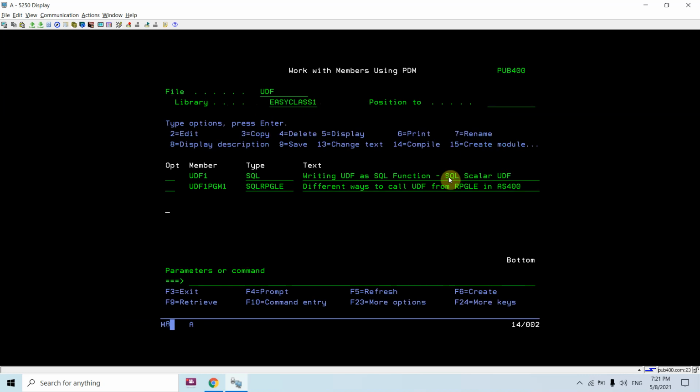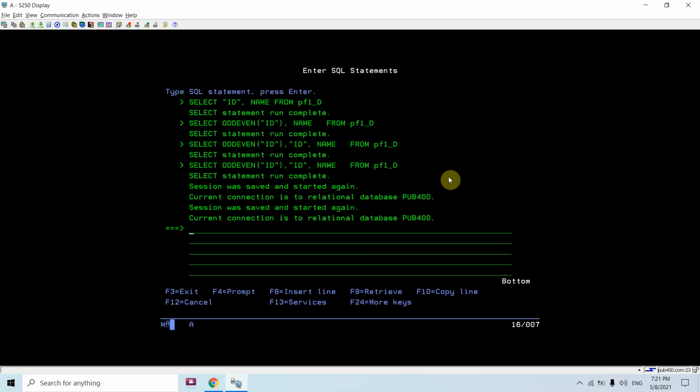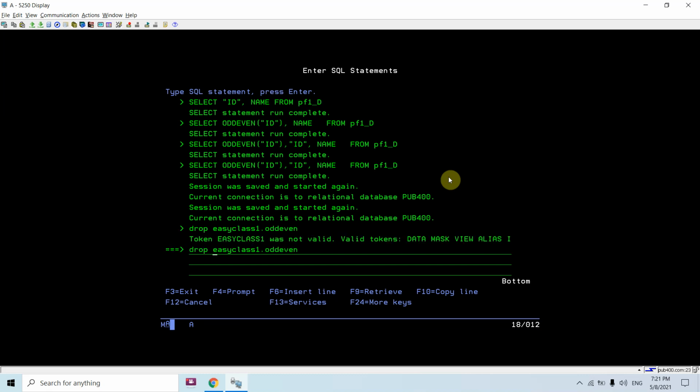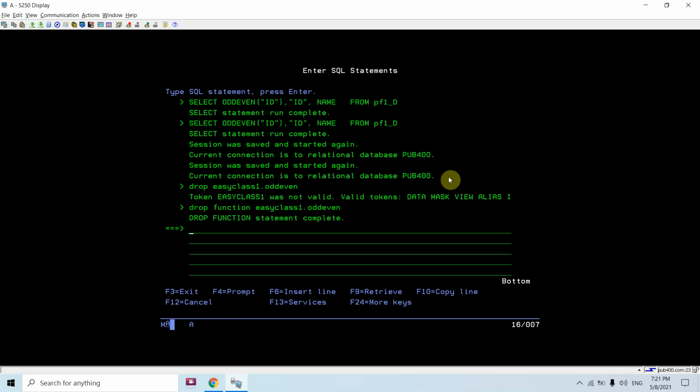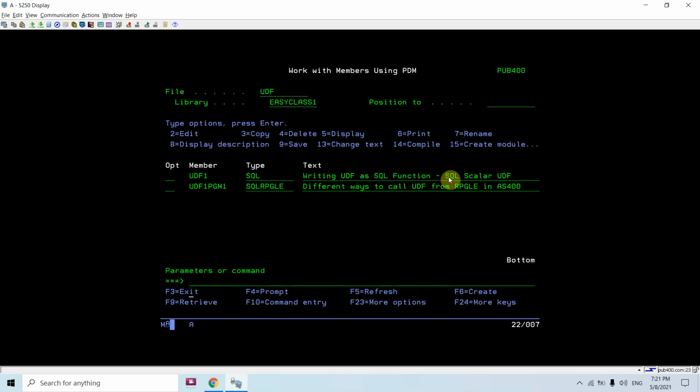I already explained that we can create this using the run SQL command. So let me first drop my function, easy class 1 dot odd even function. Drop function, sorry. So this was deleted.